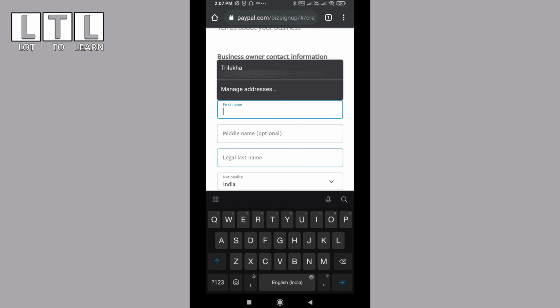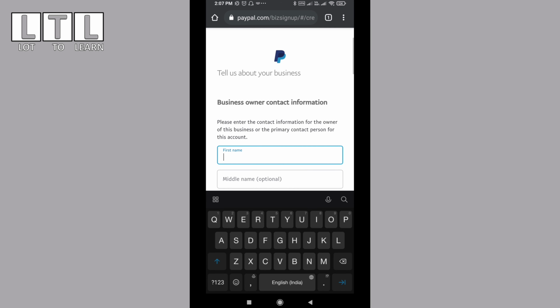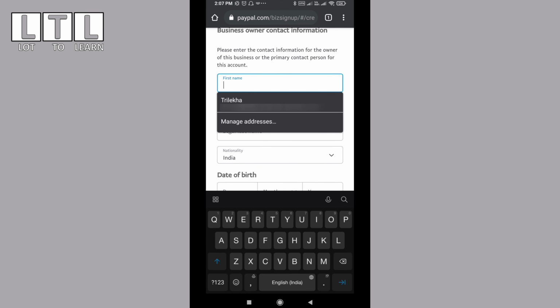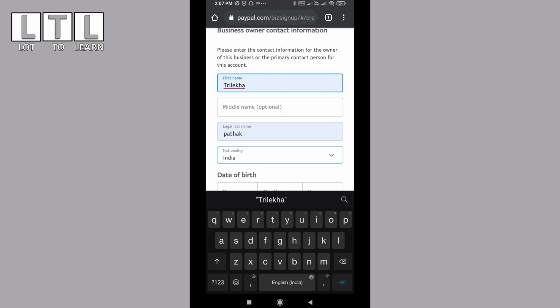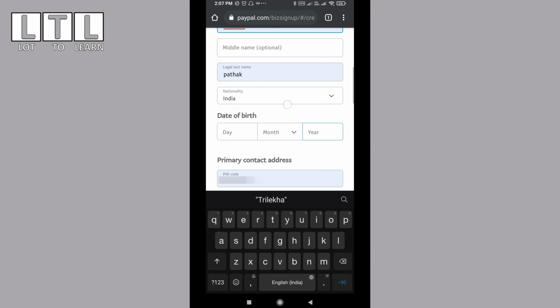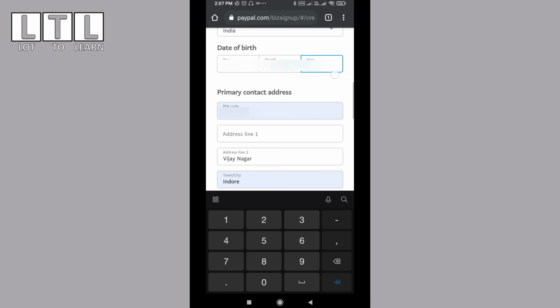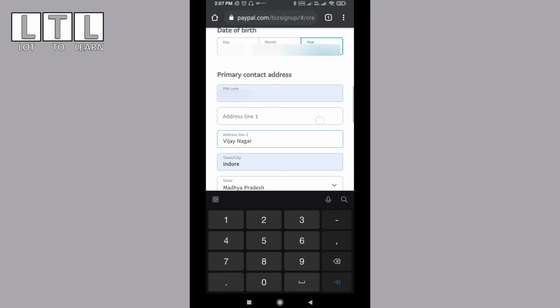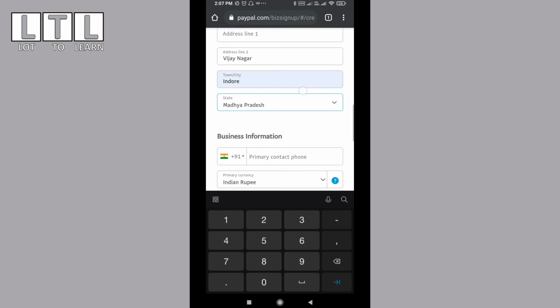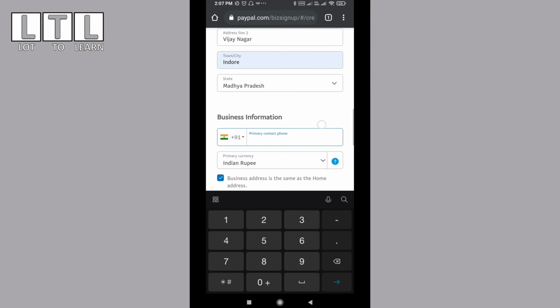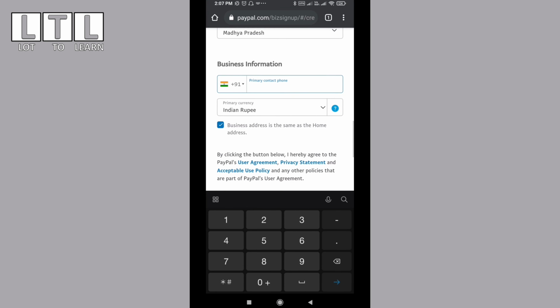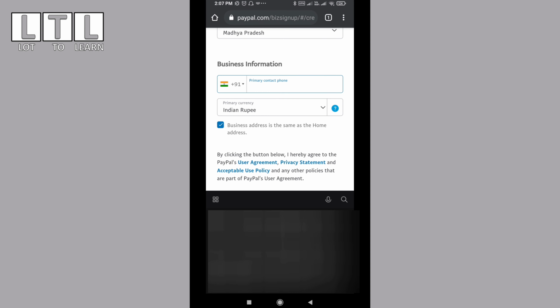Now fill in your information, your first name, and then nationality, then your date of birth, then primary code address, then address. All personal information you have to fill here, and one contact number also, the number which you use for communication.